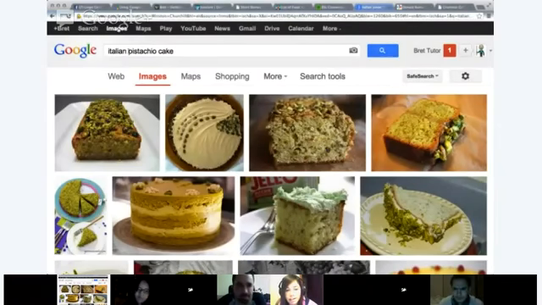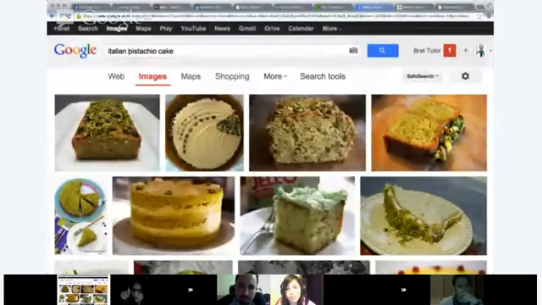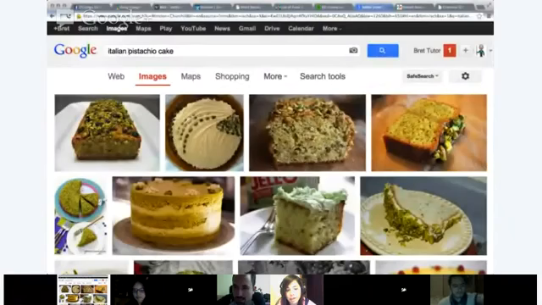Slow Food is an international association which gives importance to the particular dishes and ingredients of the land in different regions. Thanks to this association, the pistachio has become famous in different parts of the world.